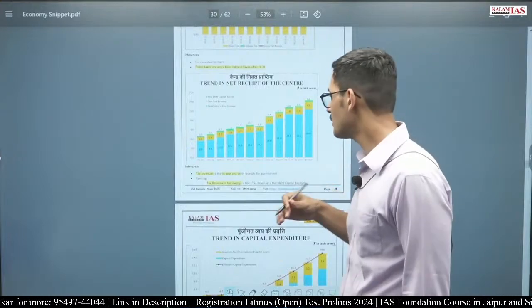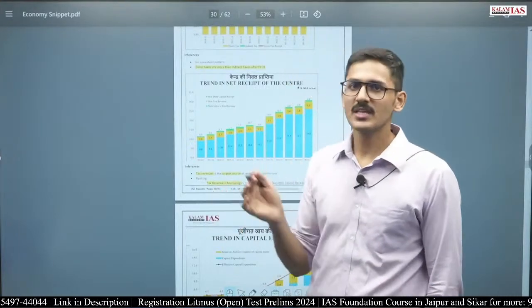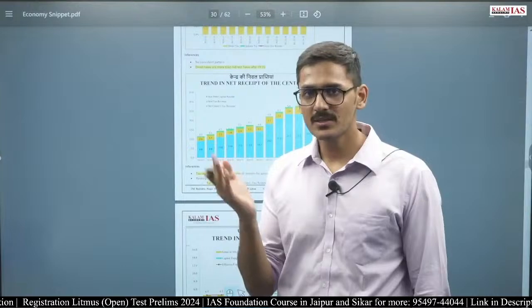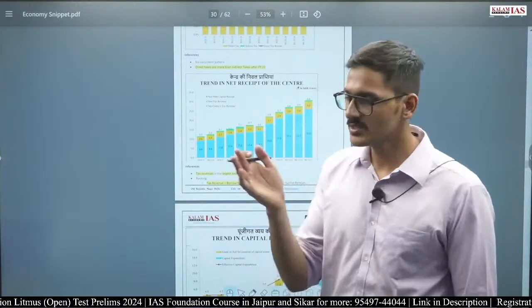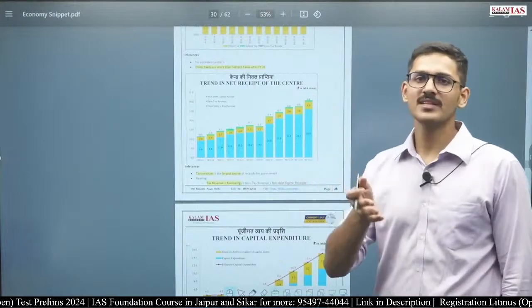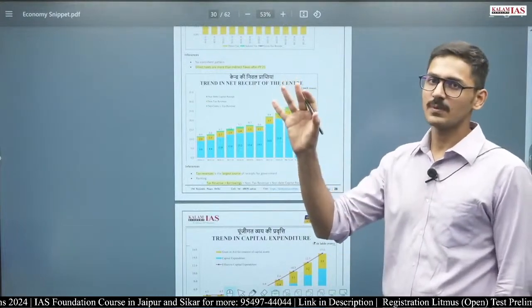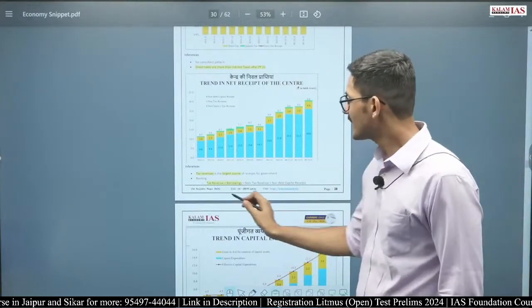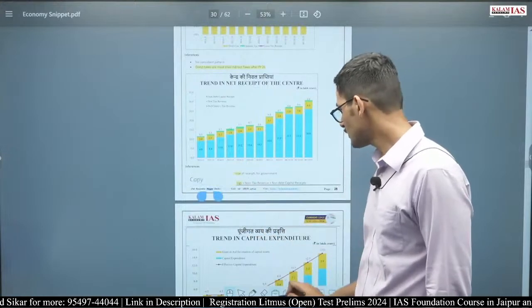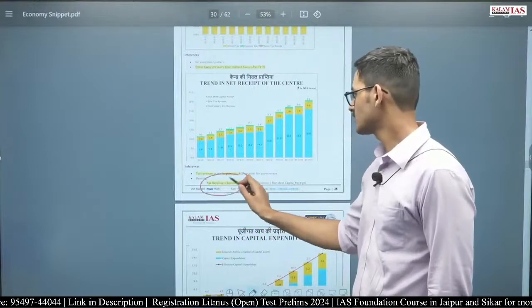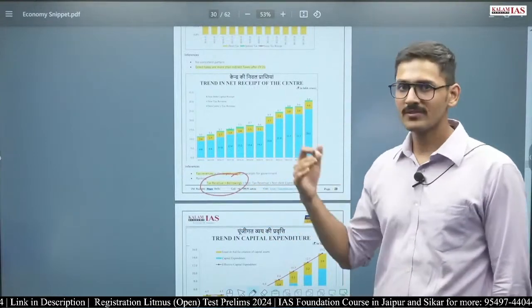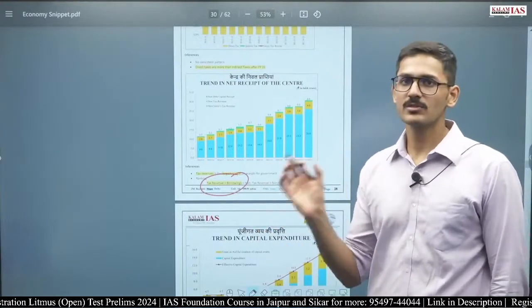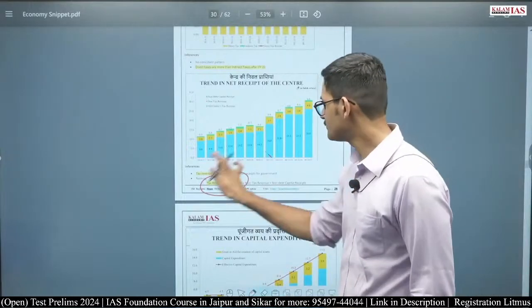Now we saw that borrowings is the largest source of receipts for the government of India, but that is when we bifurcate tax receipts in different taxes, for example, income tax, corporate tax, GST, duties, excise duty. If we bifurcate all the tax receipts in different taxes, then the borrowings is the largest part. But if we combine all the tax receipts of the government of India, then tax revenue is more than the borrowings. So the largest source of receipts for the government of India is tax revenue, after that borrowings, and if we bifurcate tax revenue, then borrowings is more than any particular tax revenue.